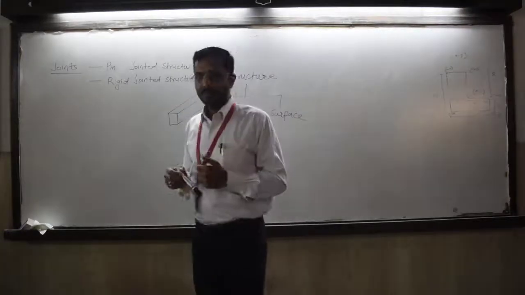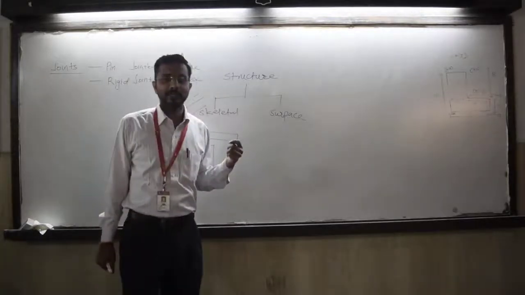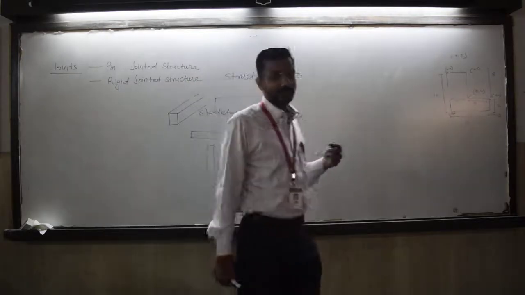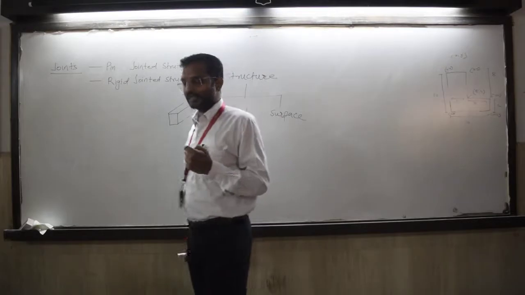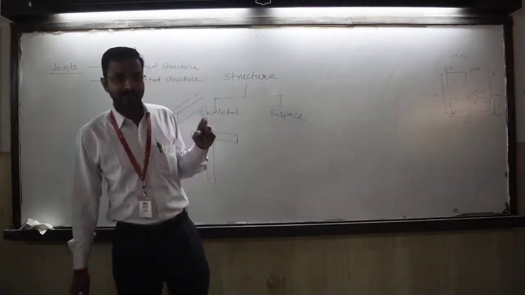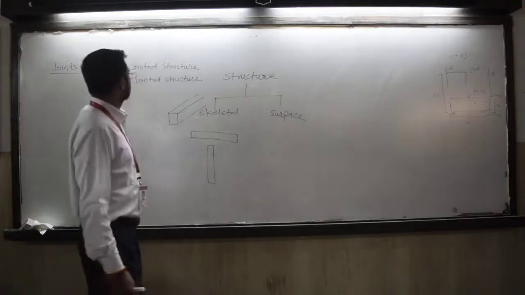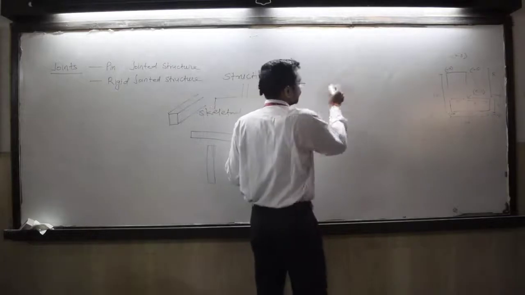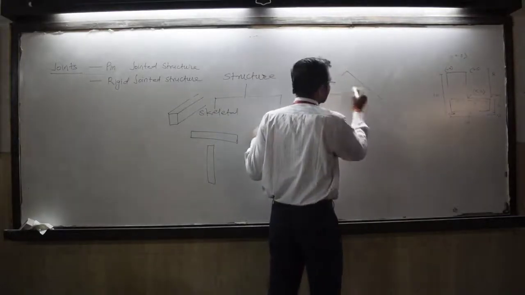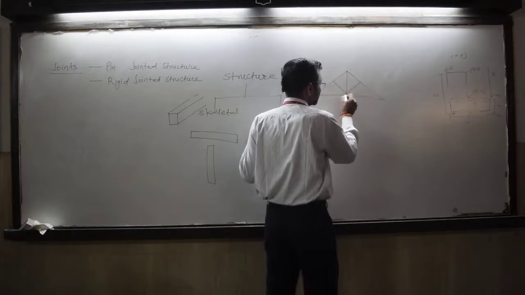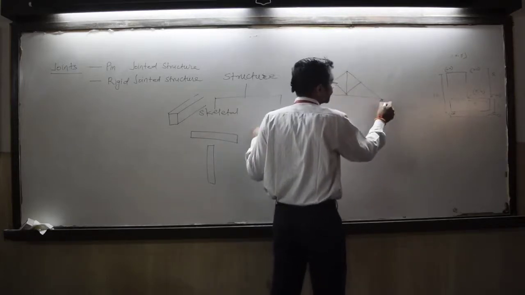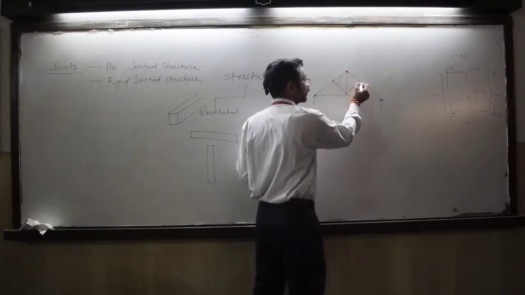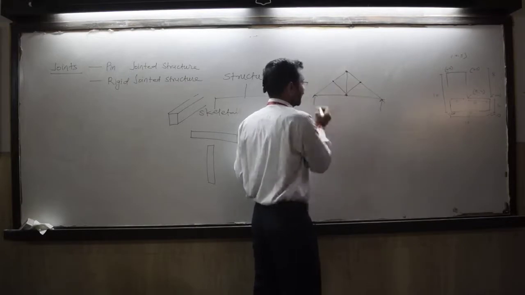Now what is a pin joint? A pin joint is a joint in which a hinge like connection is used, wherein rotation is allowed but translation in two mutually perpendicular directions is restricted. So that is the hinge like assembly which is used in pin jointed structure. Particularly if you talk about a truss, it is connected by different types of pins supported by supports. So this is an example of pin jointed structure. At all joints there is a pin provided. Now pin is nothing but a hinge like assembly.